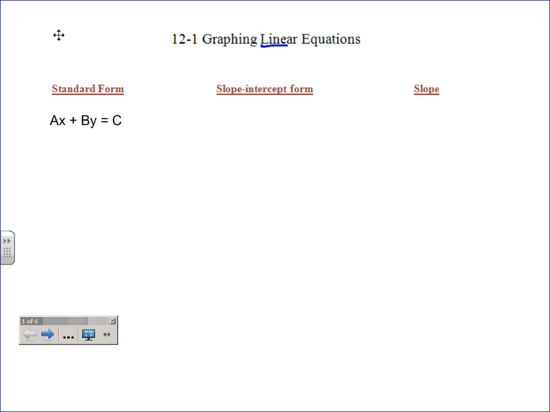AX plus BY equals C. Basically, all that means is the X and the Y are on the left side, just kind of hanging out, and then the other numbers on the right side. A, B, and C are just representing numbers here, and they can pretty much be anything, except for some